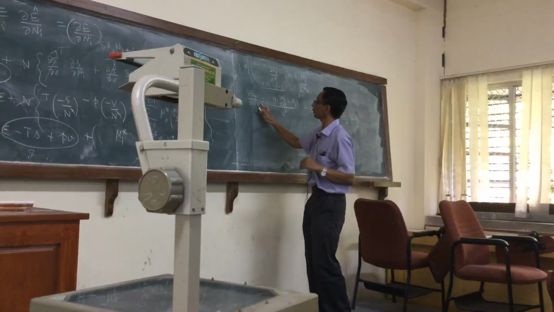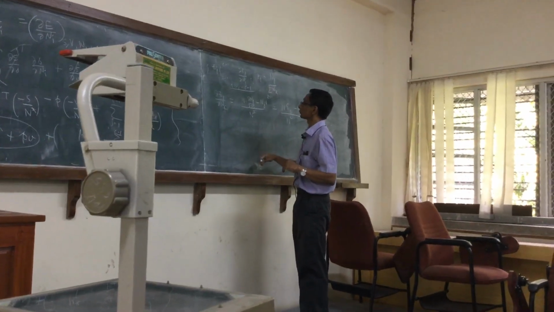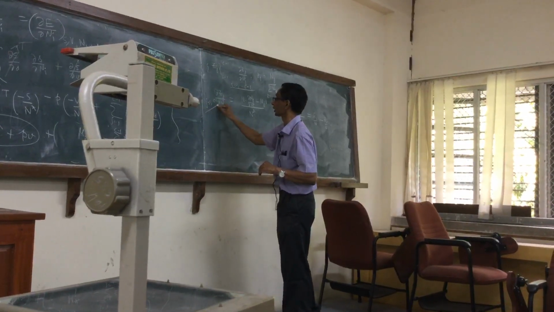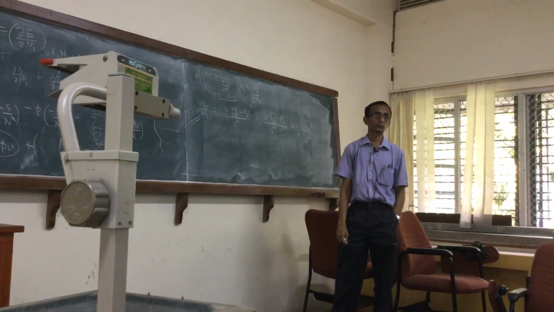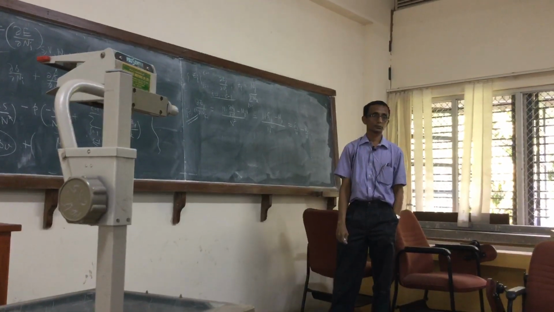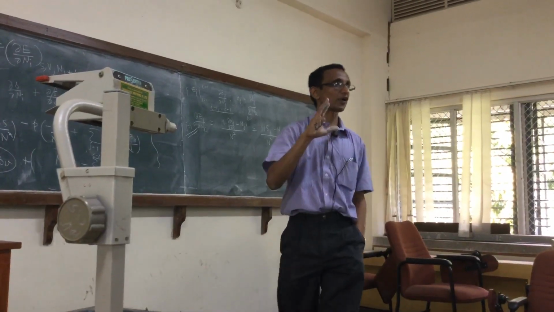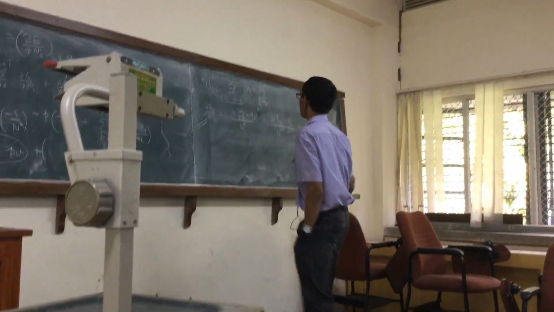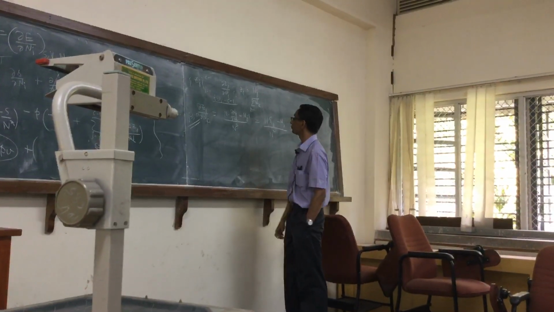So for n equal to C, right? But j remains from 1 to C minus 1 only. That's important, Zj. So the mole fractions are only C minus 1 in number. Right? And so when I differentiate with respect to Nc,